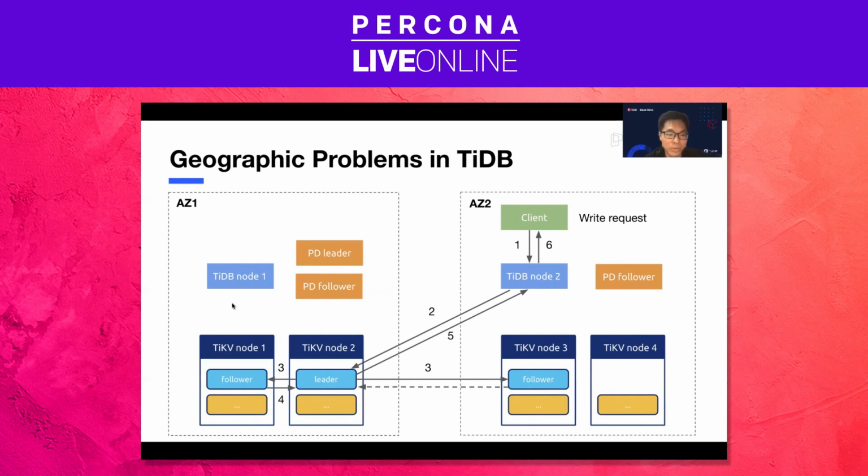Suppose there are 2 zones, AZ1 and AZ2. One client in AZ2 wants to write some data, but the leader is placed in AZ1. The request must cross different zones, which brings high latency. Besides, the leader has to replicate logs to all the followers, which also brings high latency when one follower is